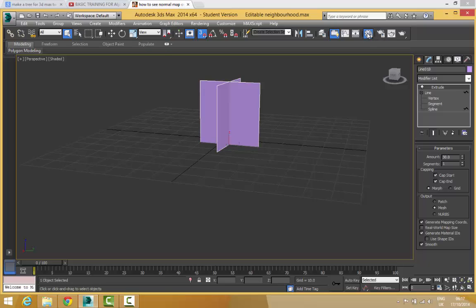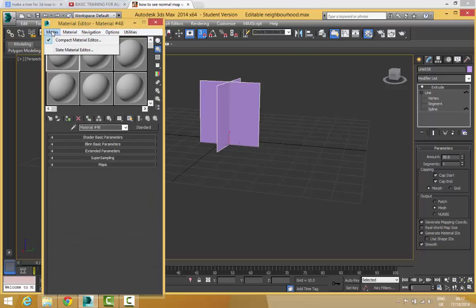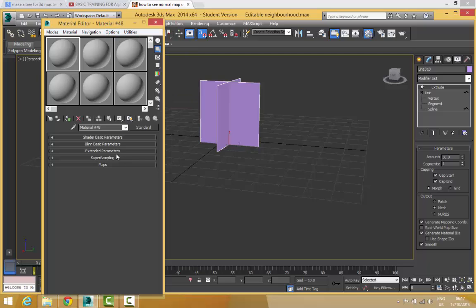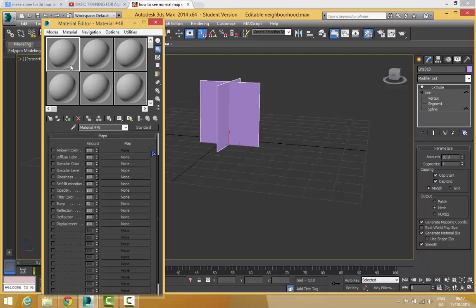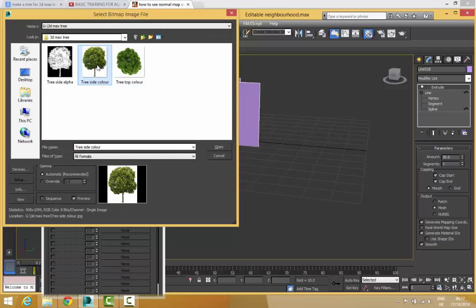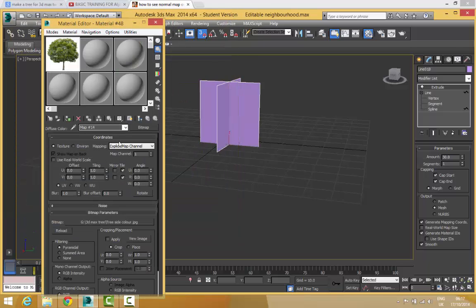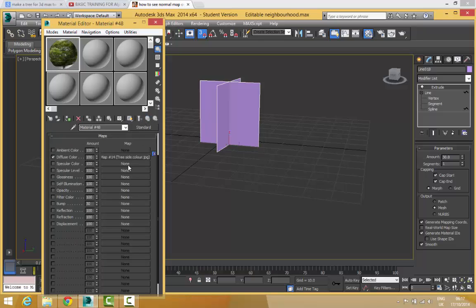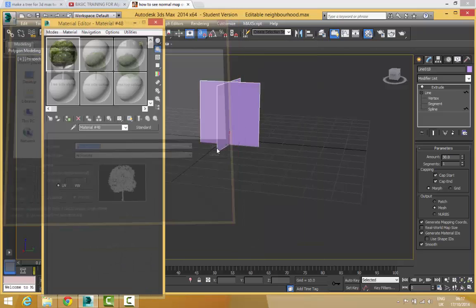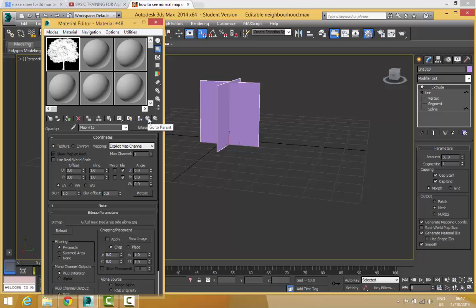Then open the material editor and make sure that it's just compact material editor selected and that propagate materials to instances is unticked. Then open maps, select one of your blank materials, and diffuse color, you want to set that to bitmap and choose your color tree. Then go back to parent, and opacity, you want to use a bitmap again but your alpha tree. Then go back to your parent again,